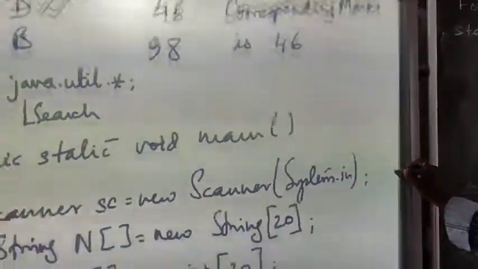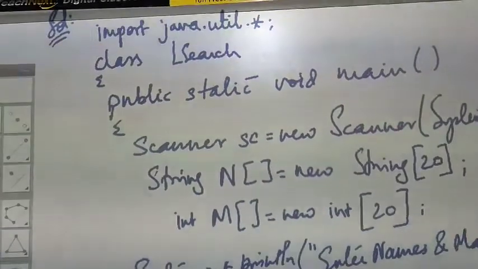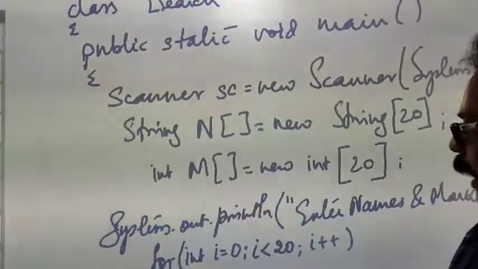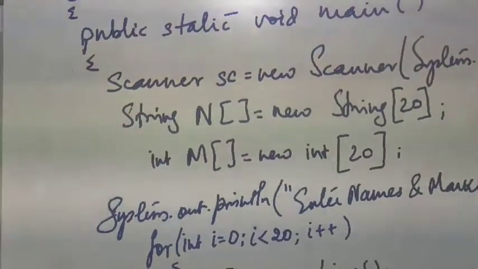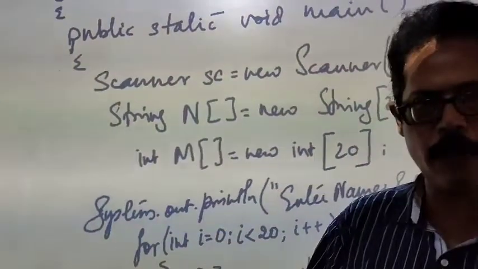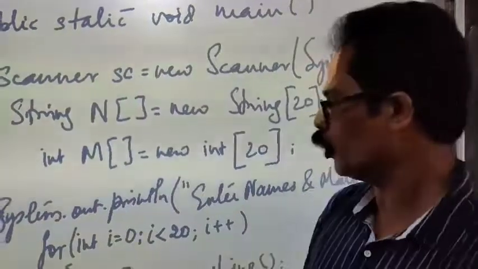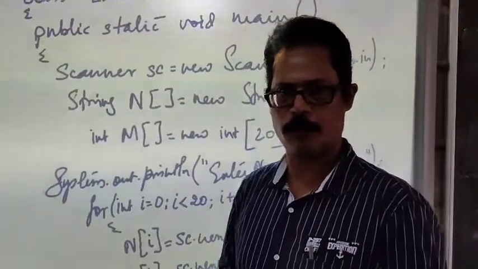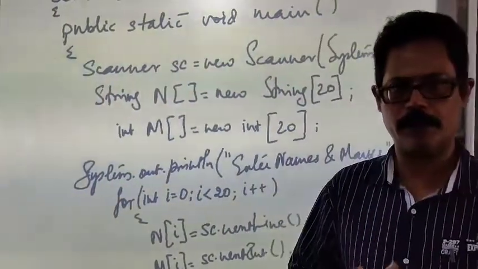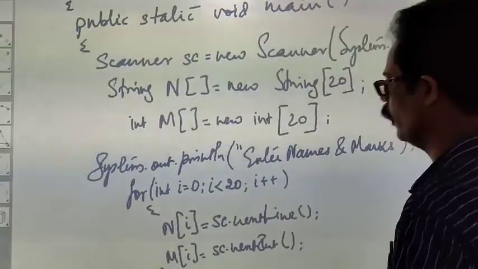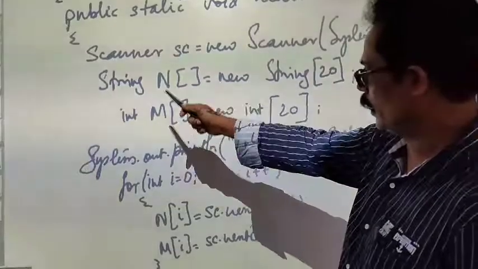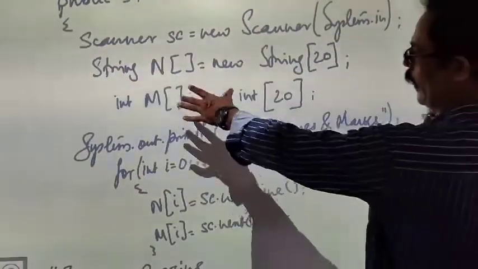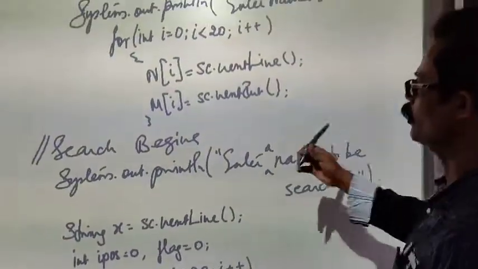So look at the program here. There will be two arrays, where one will be string type, name, and marks will be int type. Here, on the basis of name, we are searching. Please remember, the key field is name. We have to understand which field we are taking as a basis, so that becomes the key field. On the basis of the key field, we are going to search. So here the key field is name. Declare them as 20, accept them as well.